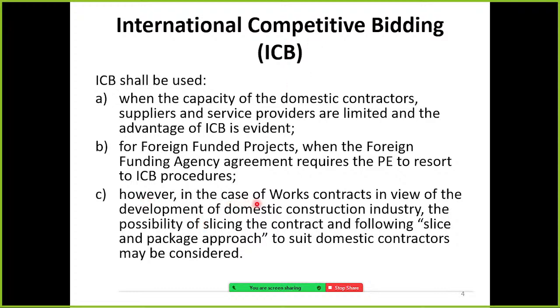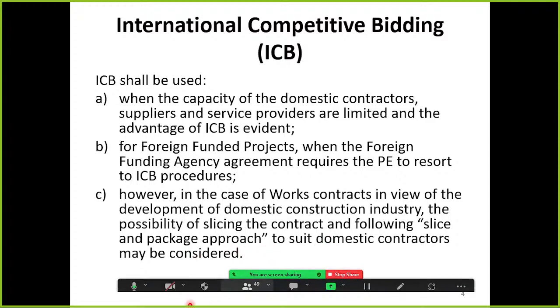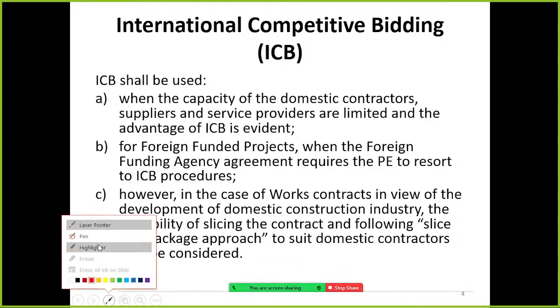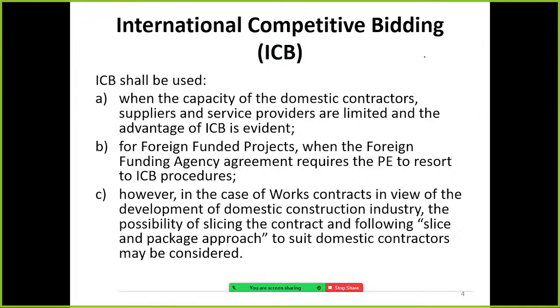However, in case of work contracts, in view of the development of the domestic construction industry, the possibility of slicing the contract and following a slice and package approach to suit domestic contractors may be considered. So what it means is, a large, high value project, for example a 100 billion project.